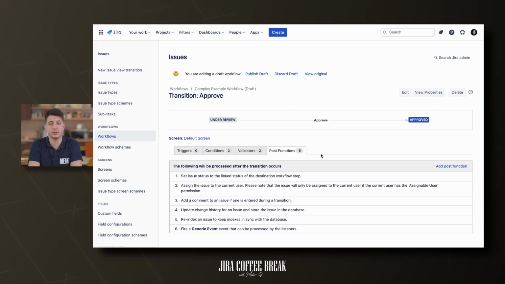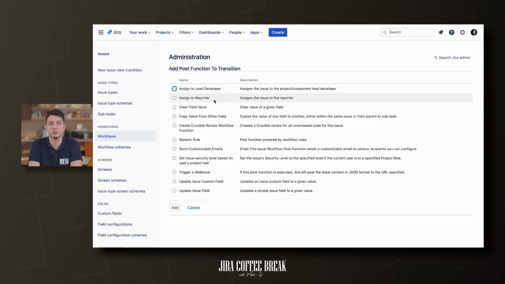When an issue reaches the target status, post functions are triggered. When conditions and validators pass and post functions are set, they are not optional, they are simply executed. Some of the most common post functions are: assign to current user, which saves time when moving an issue to in progress status; assign to reporter, when the request needs clarification;